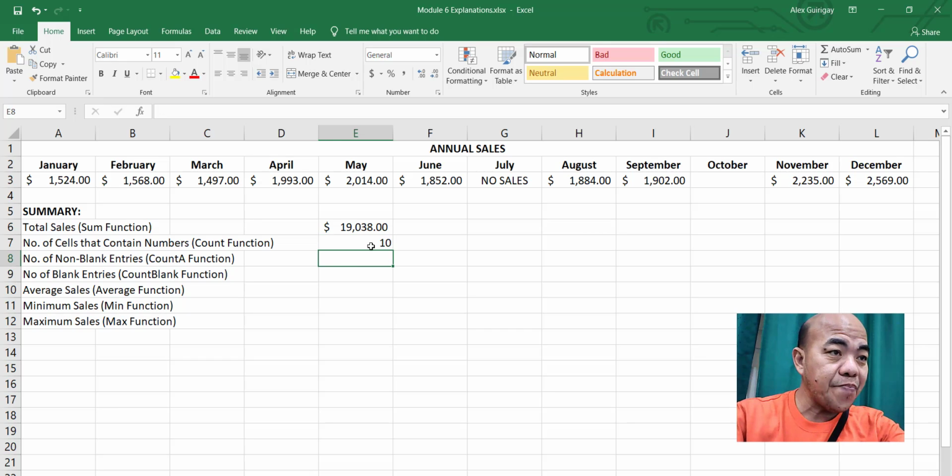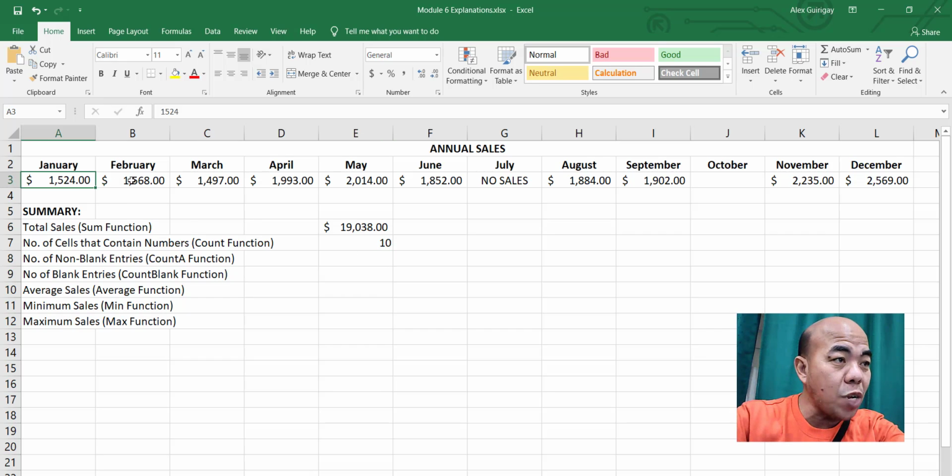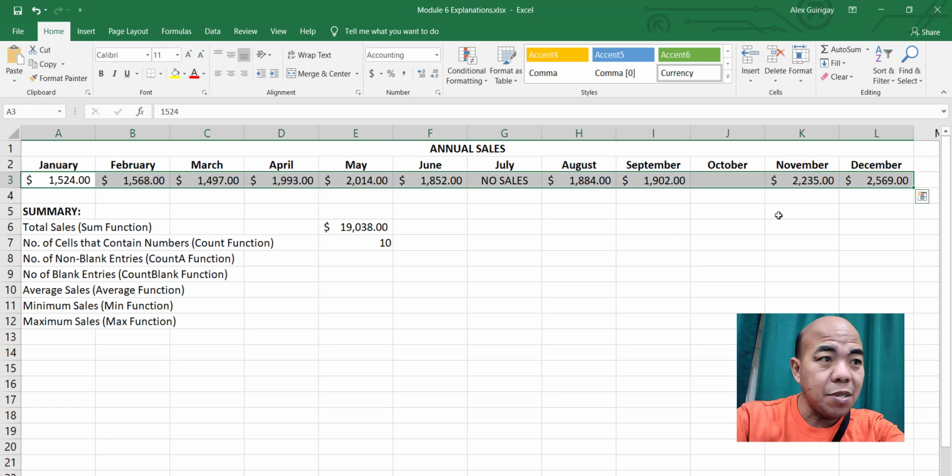Then next is the number of non-blank entries, the COUNTA function. We're going to use the COUNTA function. What it does is count all of the cells here that contain non-blank entries.